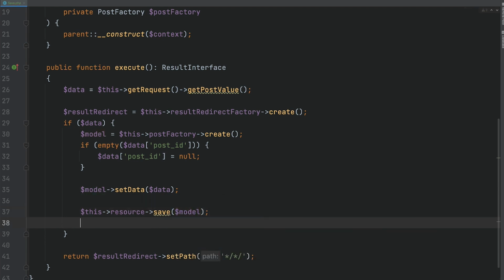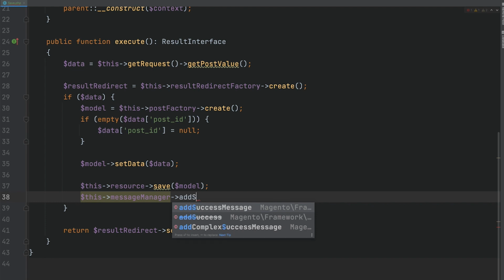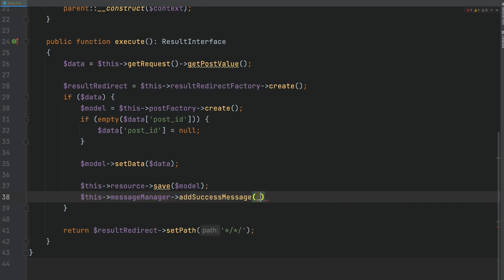If everything is fine, we can use the message manager again from the action PHP class, its parent class, and provide a success message. We can write something like, you saved the post.